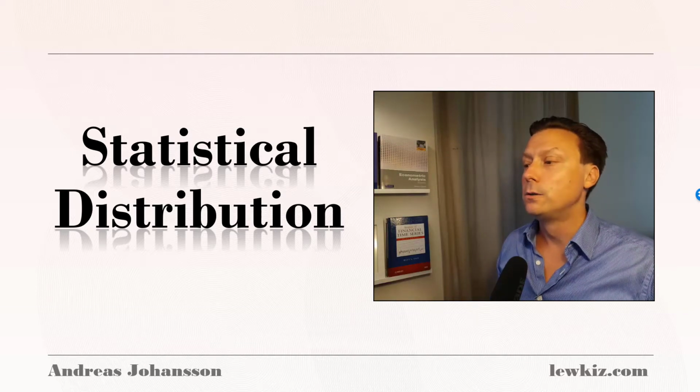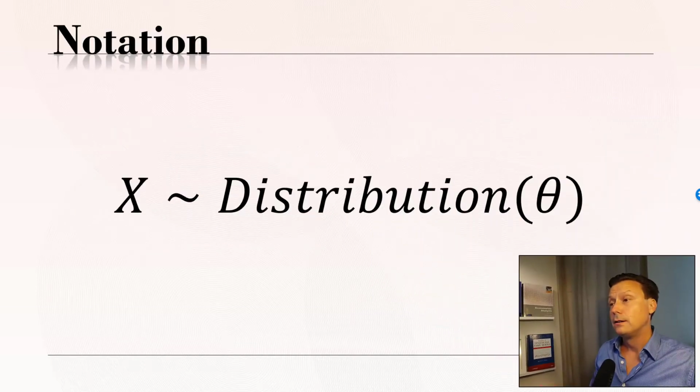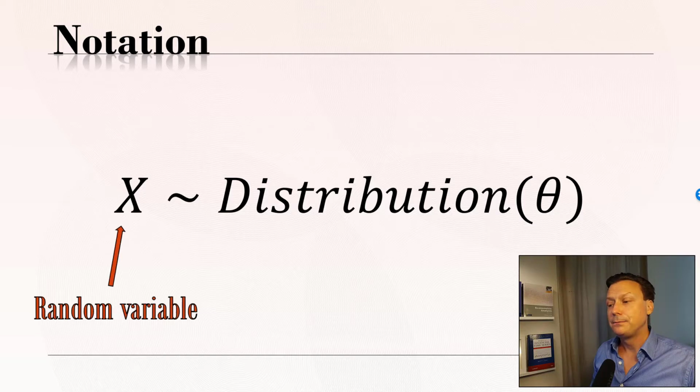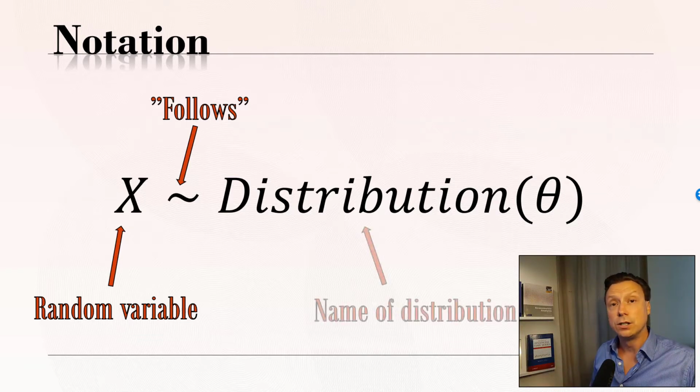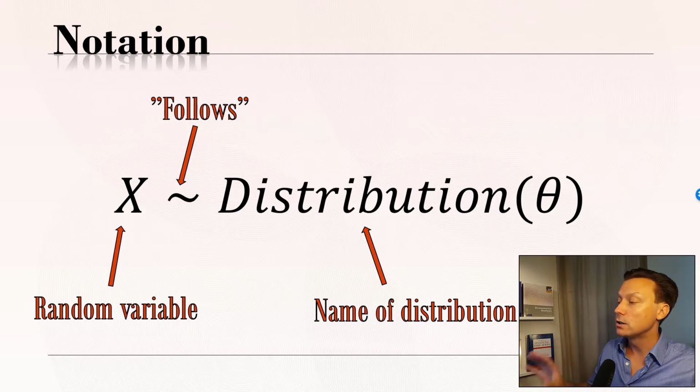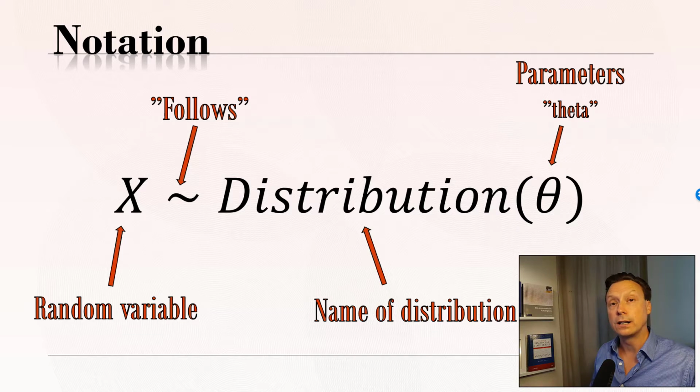First, a quick note on notation. So we have a random variable, x, which we're now going to assume follows, which we denote with a tilde symbol, some kind of well-known distribution. And these distributions are given by some parameters that are denoted with the Greek letter theta in the regular case. So when we know which distribution our random variable follows and with which parameters, we actually know everything that can